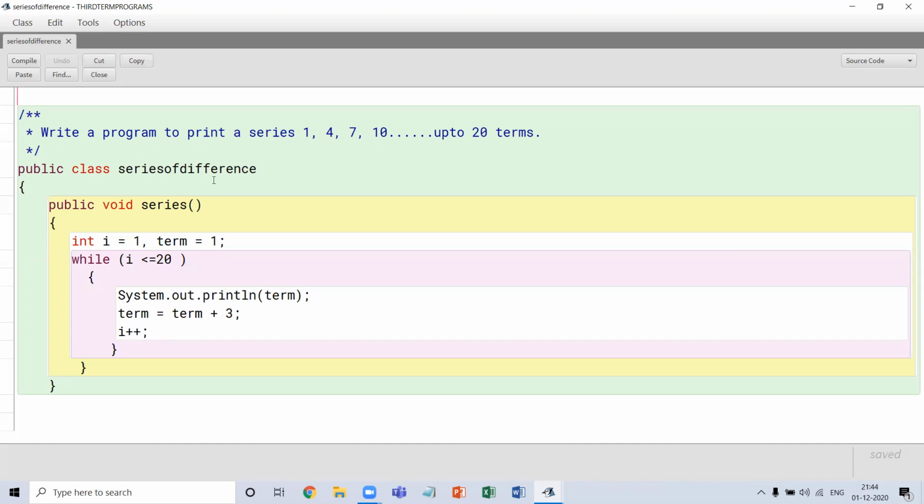This is my class, Series of Difference. Now, this is the class name. This is the function name, series. public void series. This is the loop variable i. Here I initialized it before the while. You know that I explained in my last video that in a while loop,